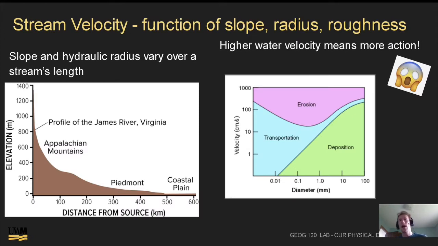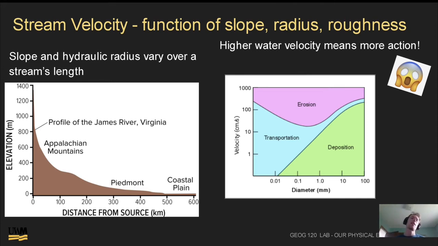And stream velocity is related, but not exactly the same, because this is more so the speed of the water, which is, of course, due to the slope, or the elevation change over distance. Of course, a steeper stream would have much faster flowing water. So in mountainous regions, such as here in the Appalachian Mountains, the stream velocity is going to be highest when the elevation is the steepest, which is usually at the start of streams, at the very top of mountains,